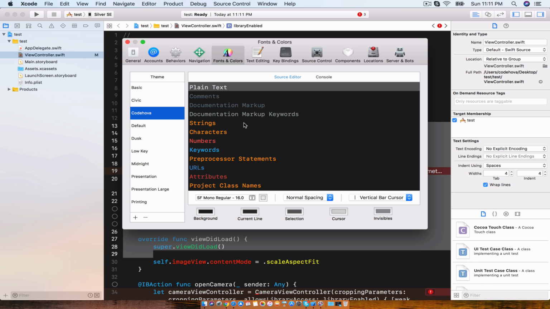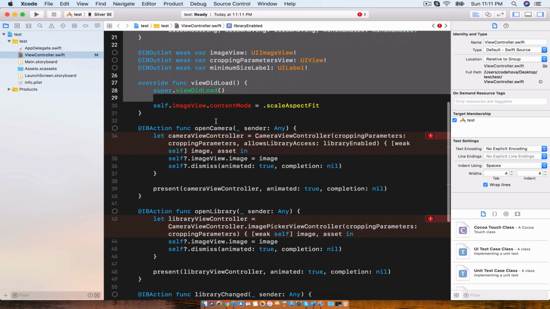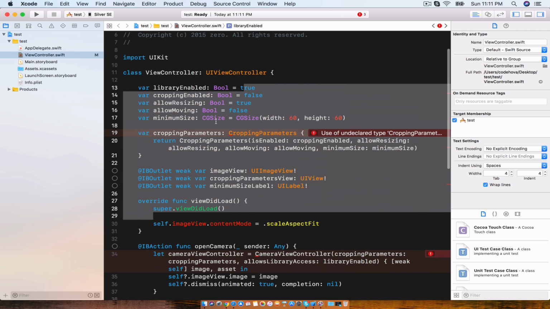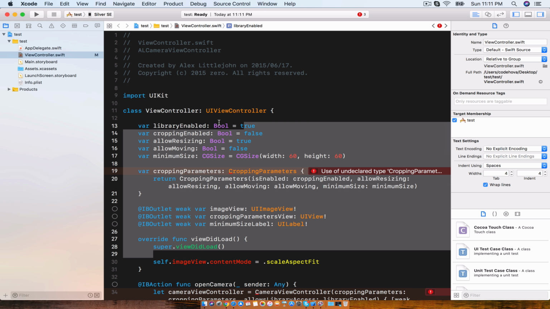So this is mine, and it's super dope, right? You might not be able to see it on this here because it's just an example that I just copied and pasted from GitHub. But I'm going to put it up, and if you want to use it, you're going